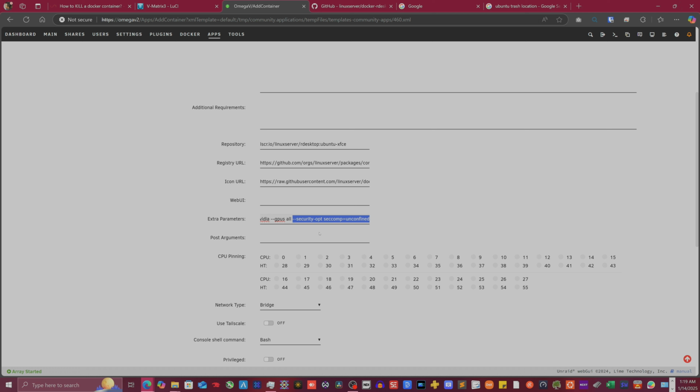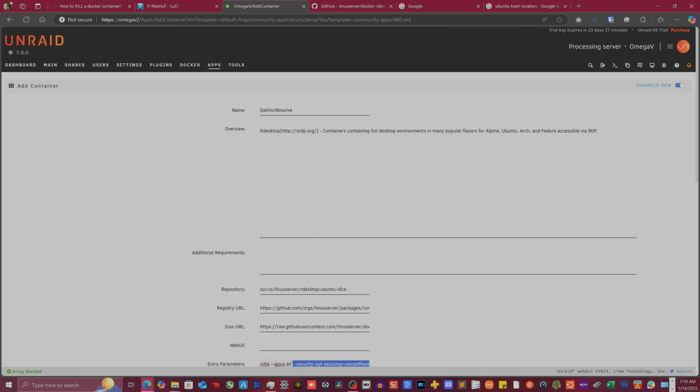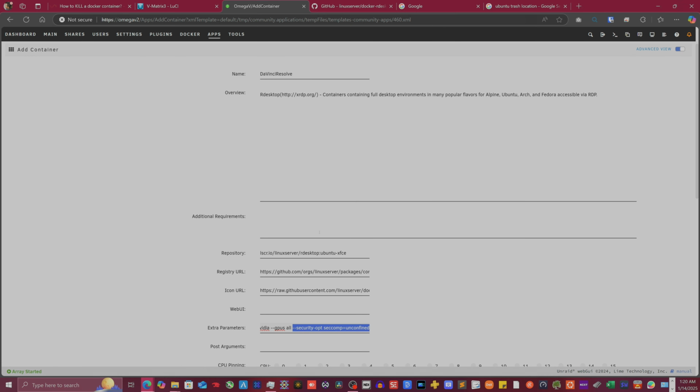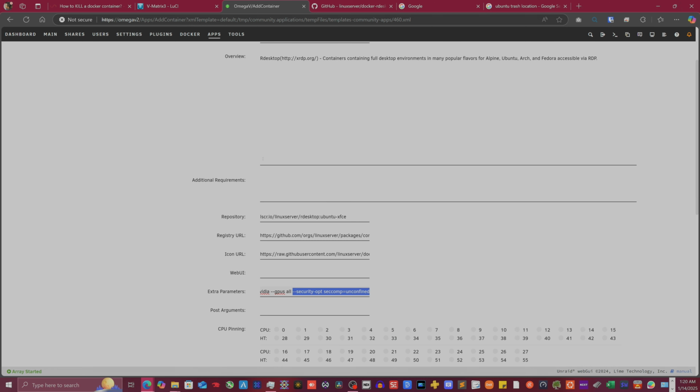I'm pointing this out because we're using this container strictly for rendering jobs. We're not using it as our base editing machine, and not for other things outside of rendering jobs. So that reduces our installation footprint and our exposure time of having the container even up. I know I might be making it sound a lot more perilous than what it really is. I just want to make sure you understand exactly what we're using this container for